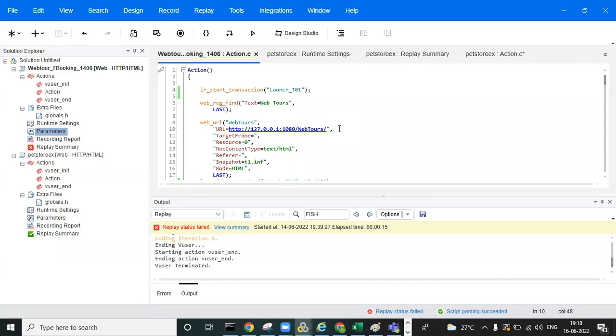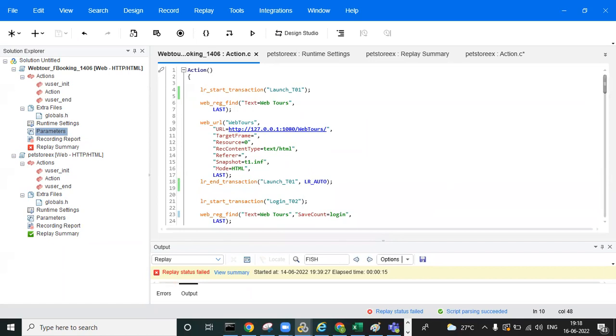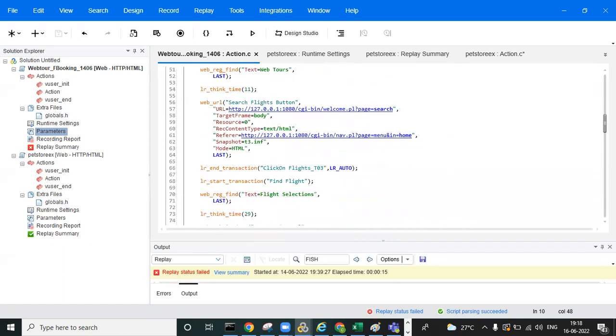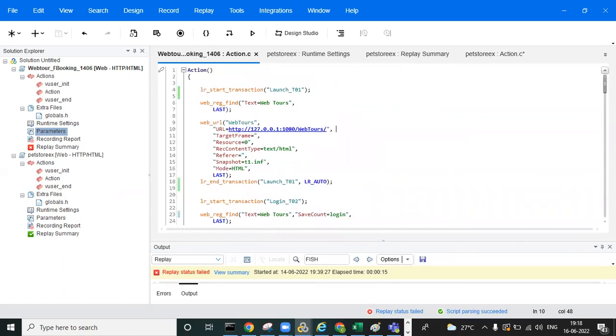Not yesterday's class, two days back in our class also I told. What are the values entered through the keyboard? We should do the parameterization. Yes, good. So for parameterization, first you need to identify what values we are entering through the keyboard. You need to identify, right? So